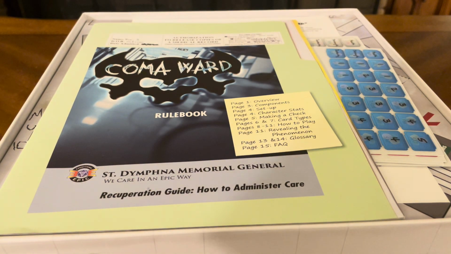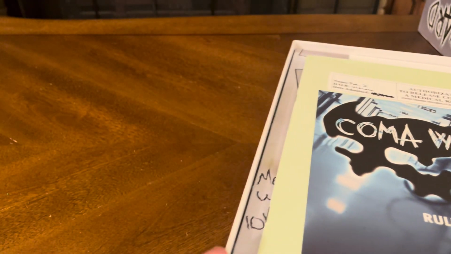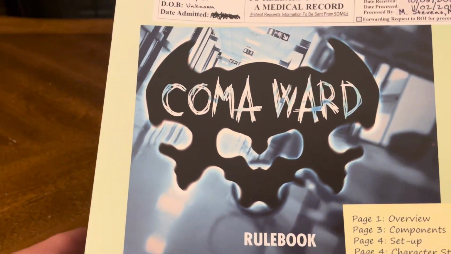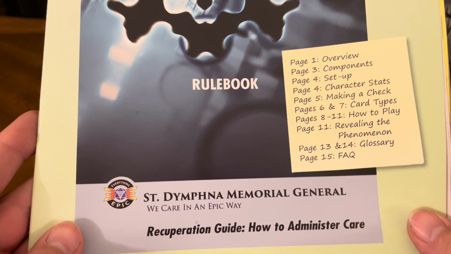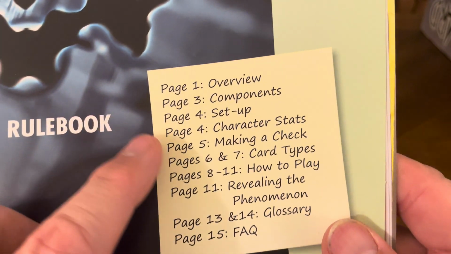Again, I've played this game multiple times and it's truly a fantastic game, I gotta tell you. So as you can tell, there's a lot of stuff in the box that we have to unbox here. So first thing you have to go through are the rules. You know, it tells you pages, what it's all about,